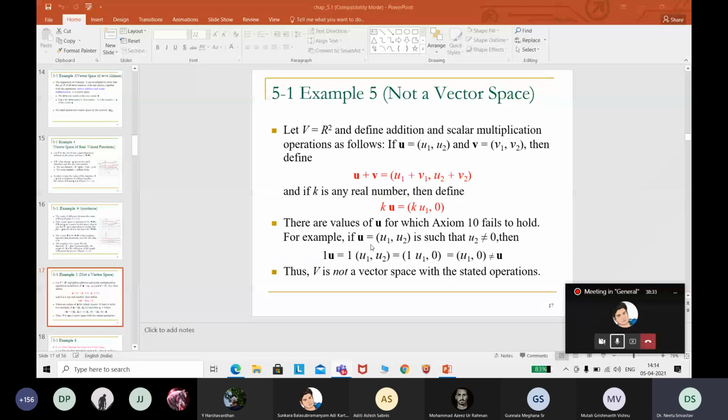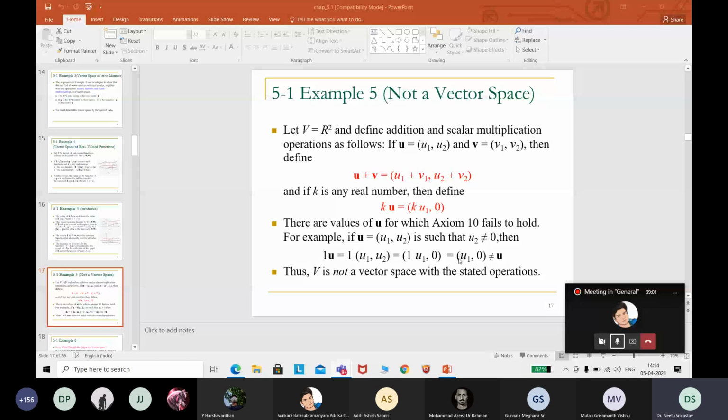With respect to addition, yes, you will be able to satisfy till 5. But after that, it is quite difficult. Maybe wherever we are verifying LHS equal to RHS, that condition will also be satisfied because the second element is getting 0 and you will get the RHS also, in a similar fashion. But this one will not be preserved. You are not at all getting 1 into u is equal to u. So this is the specific type of multiplication which we define for a few spaces based on our requirement, and we just check whether it is a vector space or not.